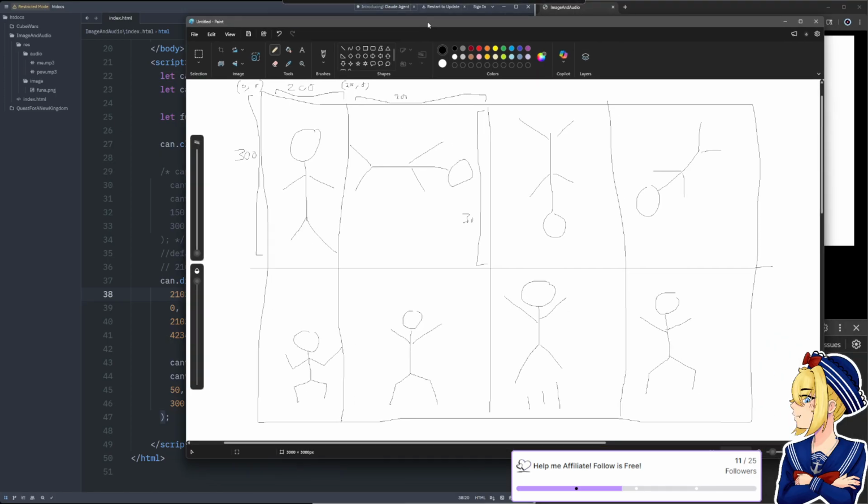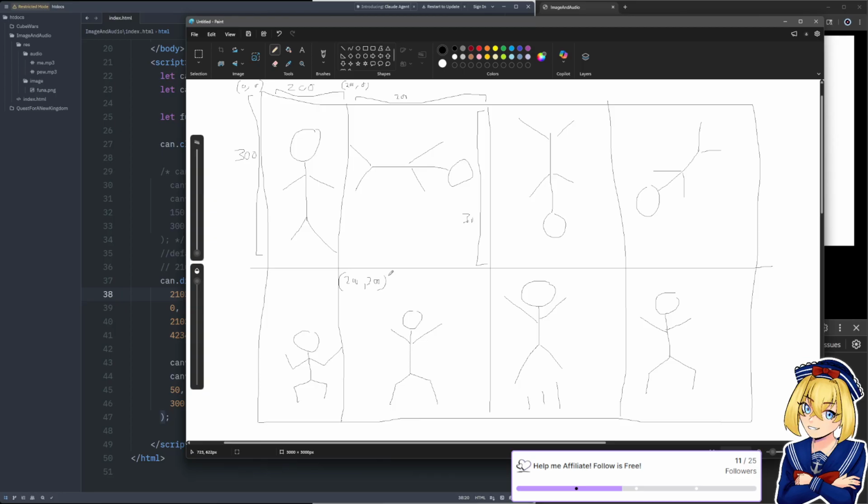And then if you wanted, let's say, this sprite, well, you need to go down 300 to get to it. So we know our second number is going to be 300. And similar to this one, we need to go in 200 because there's 200 pixels here. So this would be 200, 300.